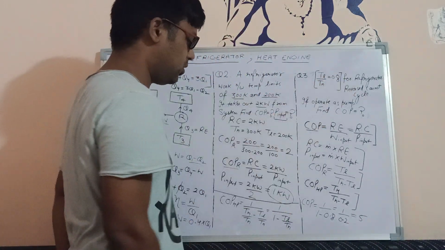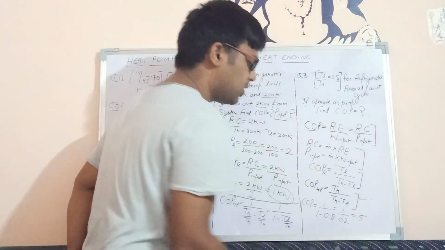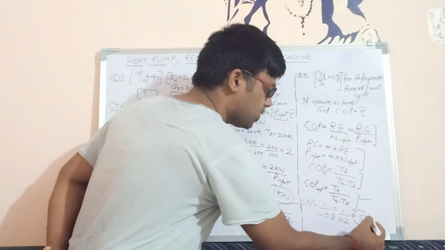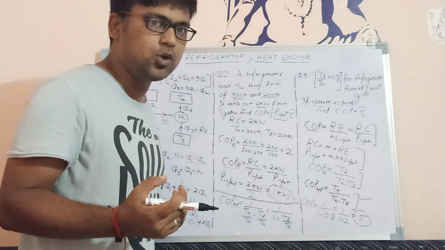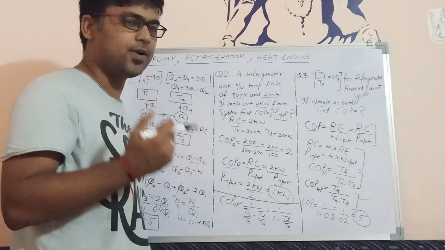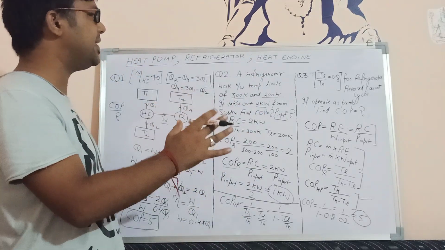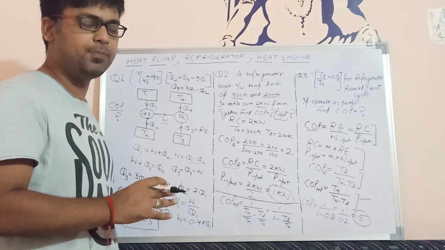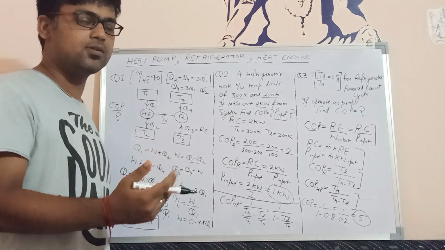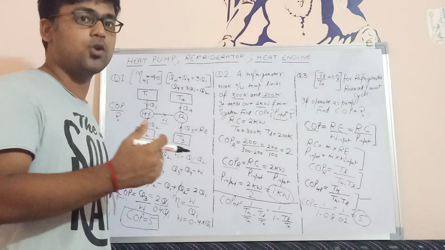So for this question, this is the formula to find the value of COP of the heat pump. By simplifying it, we get that the COP of the heat pump comes out to be 5. So if the temperature limits are given to us, we can find the COP of the refrigerator as well as the COP of the heat pump. These are the three numericals based upon the topic of heat engine, refrigerator and heat pump, and also when they work on reverse Carnot cycle, they are known as reverse heat pump, reverse refrigerator, or Carnot refrigerator or Carnot heat pump.